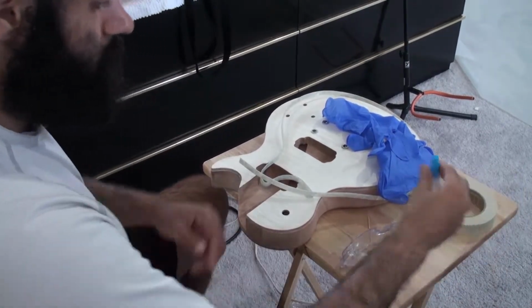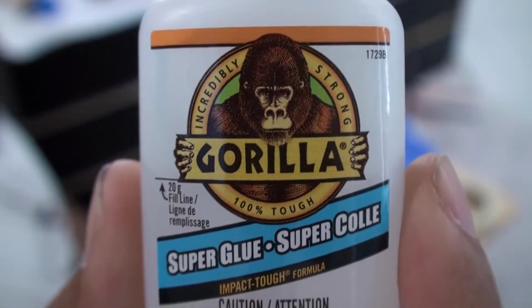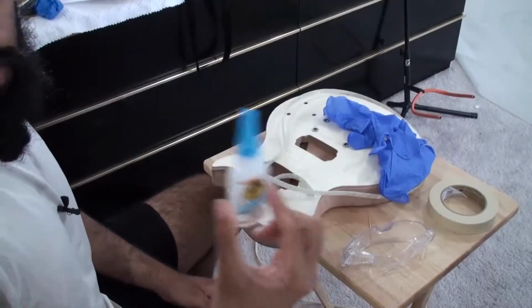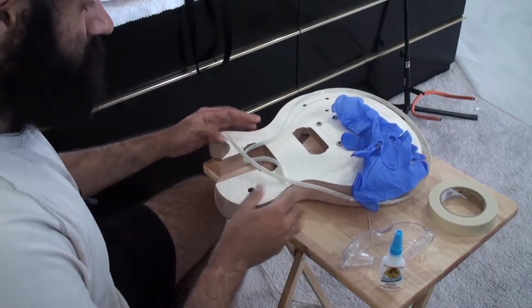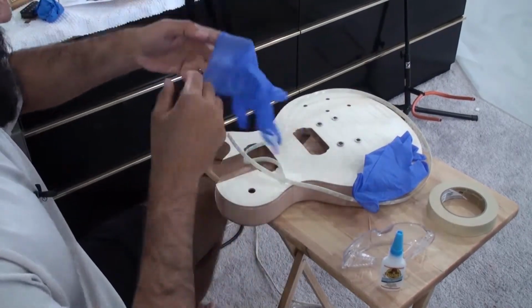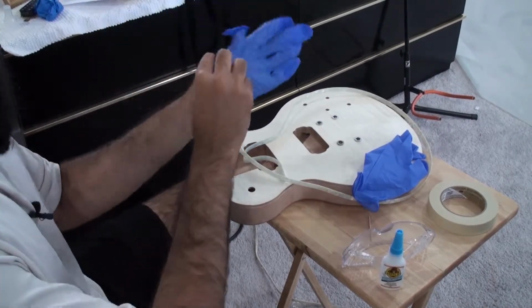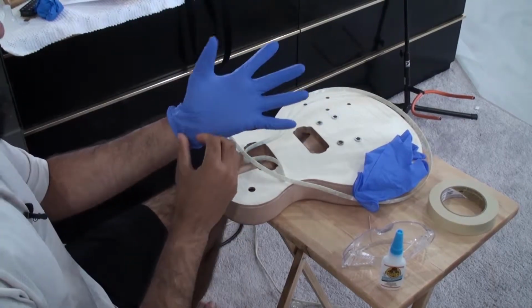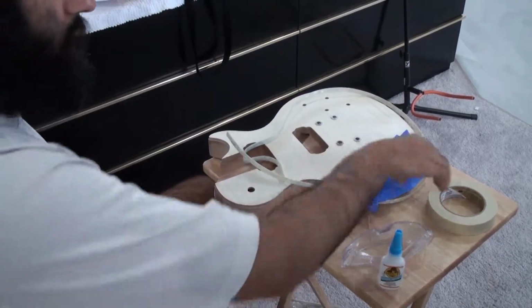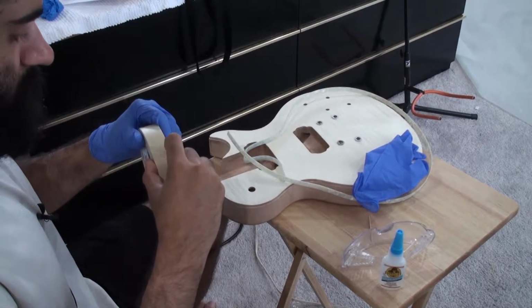So the glue that we're using is Gorilla Glue. Let's see if it focuses. There we go. It did it. Super glue from Gorilla Glue. This stuff dries in 10 seconds, so I barely have any time. It's a pretty unforgiving glue, but I think it'll be good to have that fast drying. That way I can get the tape on real quick and not have to worry about the stuff coming off. It'll take 24 hours for the stuff to cure, so obviously for 24 hours I'm not going to be doing anything